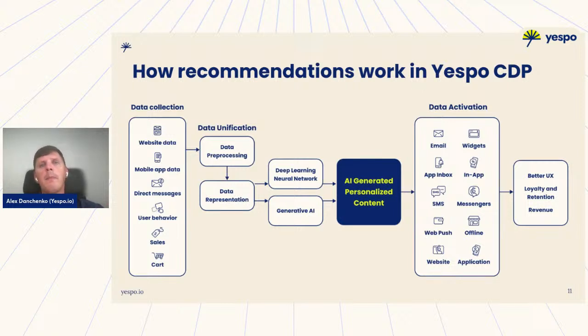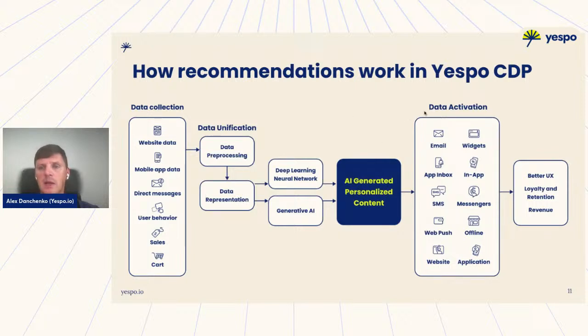The next stage is collection and unification. The data then goes through the training process that helps to generate predictions about customer behavior, to properly segment them, to understand at which customer lifetime stage they are. Are they buying a product, or did they just purchase a product and need to be incentivized to make the next purchase? So these are different scenarios, and different algorithms should take place in each situation.